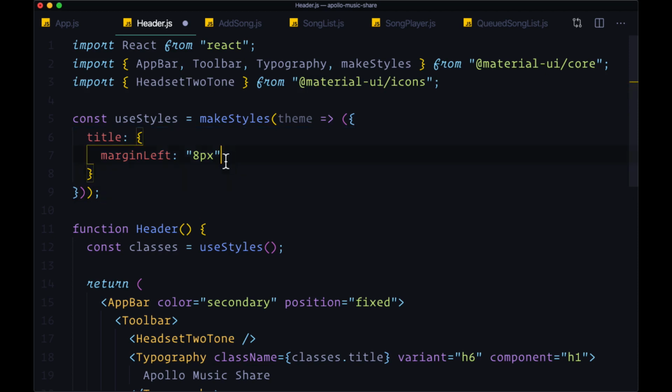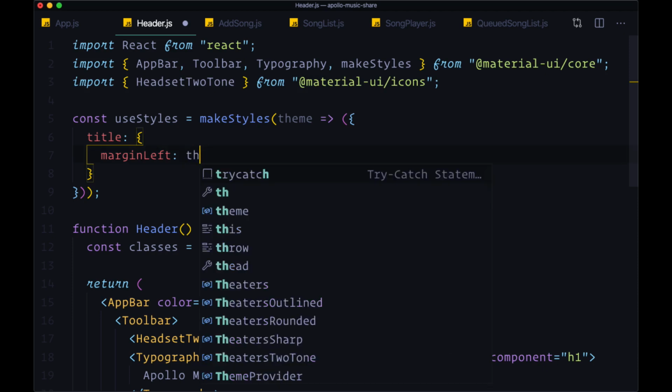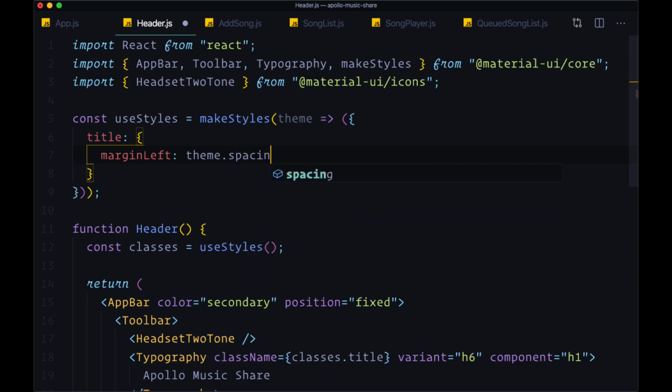So instead of having to specify a specific number here, we can use a more generic way of applying things like margin or padding. We can use a more standardized way of applying these values by saying theme.spacing. So this is just a tool that enables us to add spacing throughout our app, and we can add a factor of anywhere from 1 to 5. So maybe we want to add a spacing of 2 here. And when we save this,